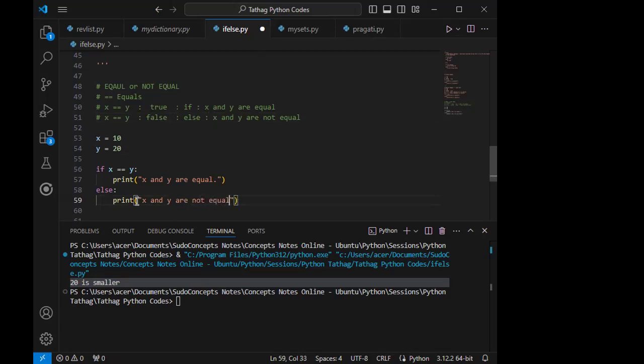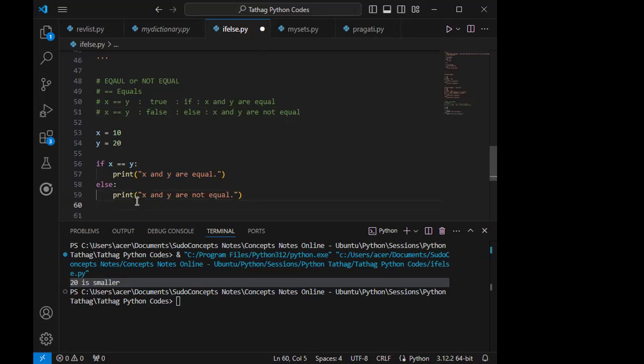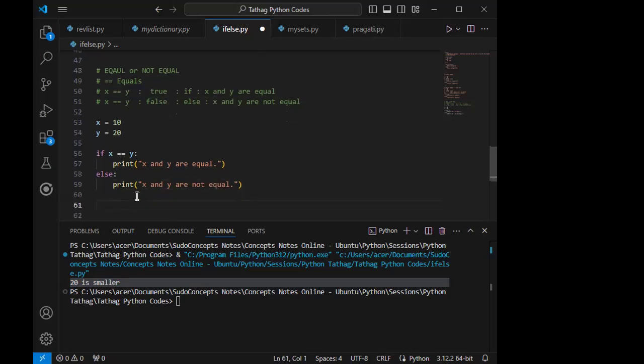It's nothing but the meaning of the condition, true and false. Remember, only one will be executing, depending on the condition. Let's say this,